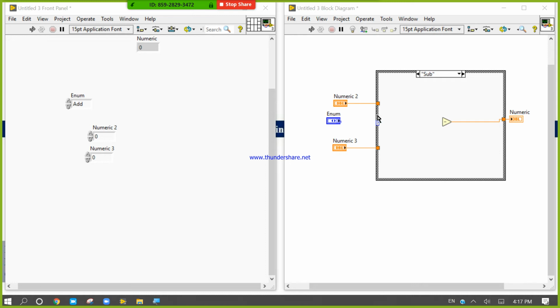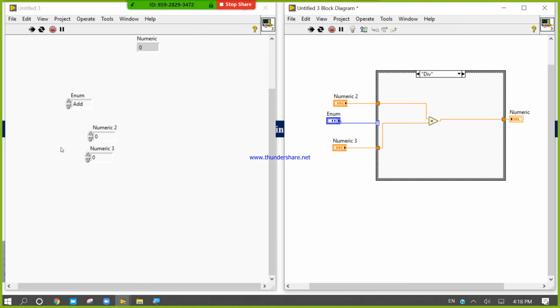Make a connection like this, complete the connection. When you complete your connection, now run: 1 minus 2, add. Now by using this you can control your case structure very efficiently.